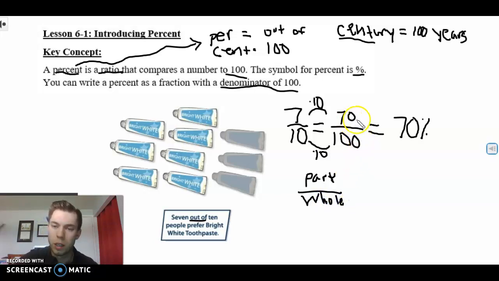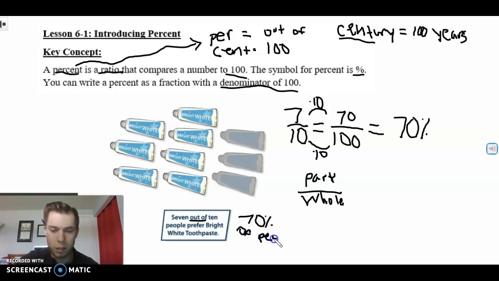So our part is what our percent is going to be, or how much out of 100 this is, over the whole, which is 100. So when we would say this, we would say 70 out of 100, or 70%. Going back to here, we now know that 7 out of 10 people refers to 70%. So really, we can now say that 70%, or how we report our final answer, 70% of people,